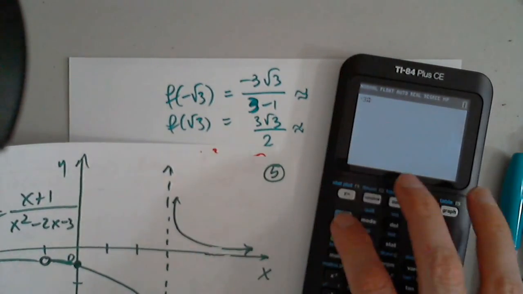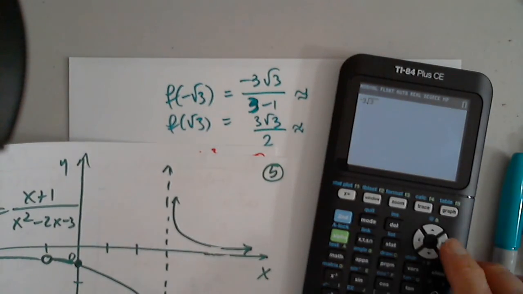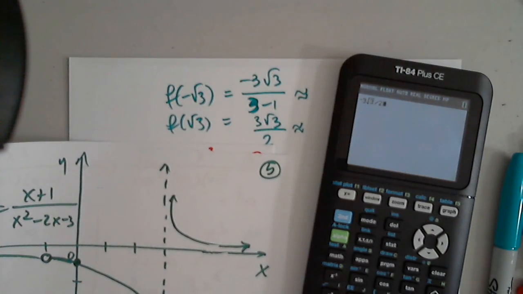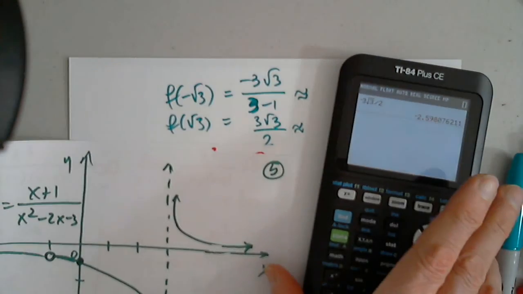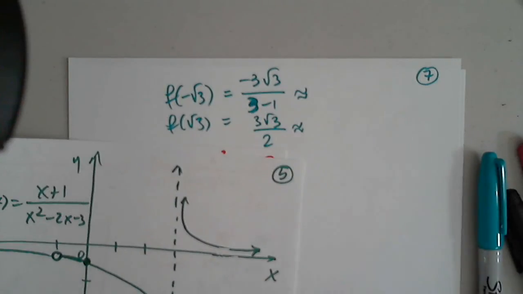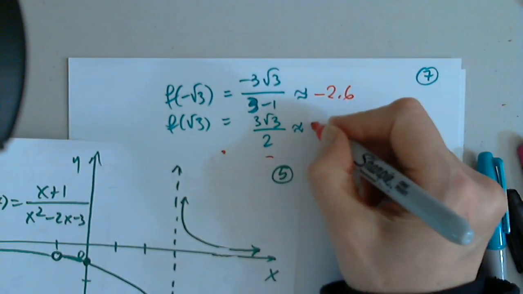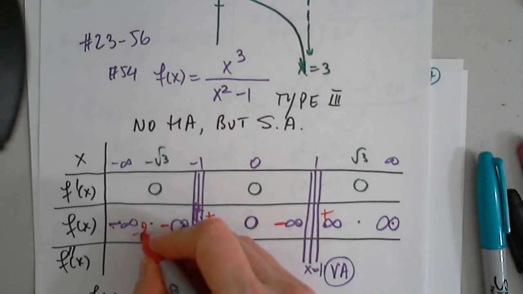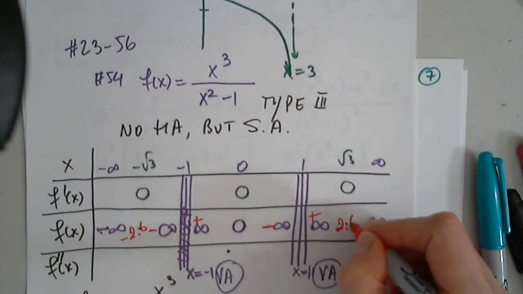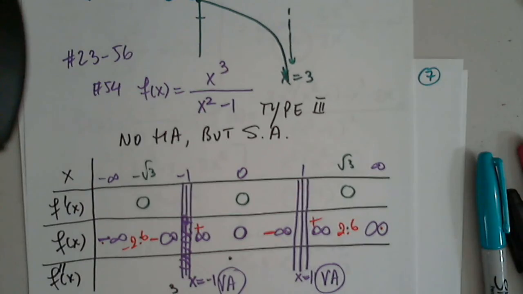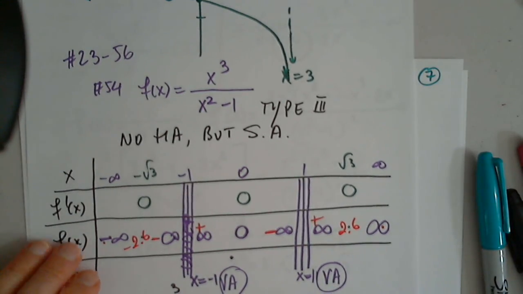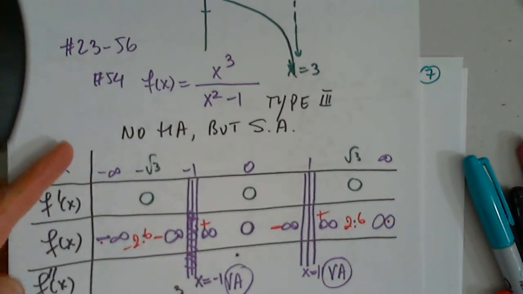So negative 3 the square root of 3, and then divide by 2. So that's negative 2.6 and positive 2.6. Okay, at this point I have to find the sign of the first